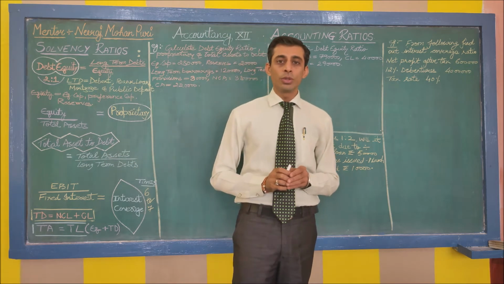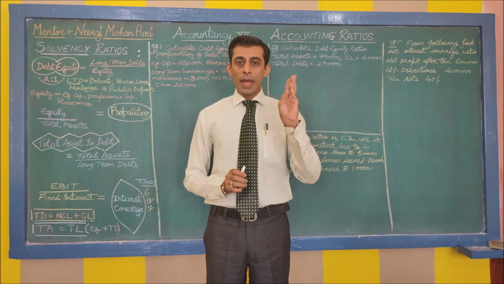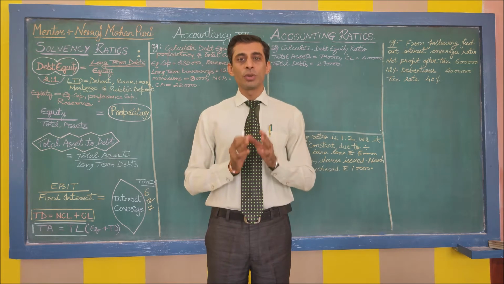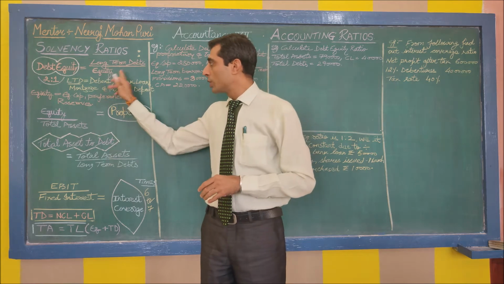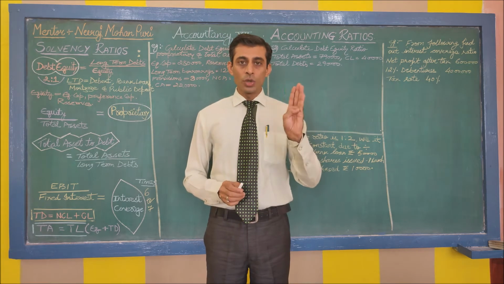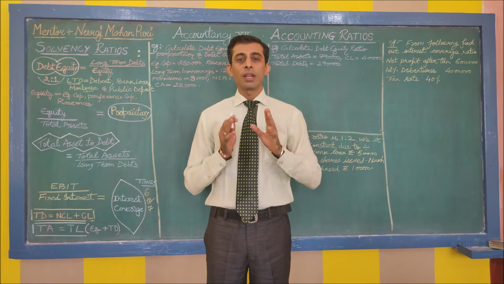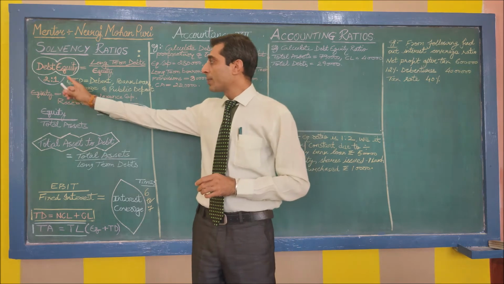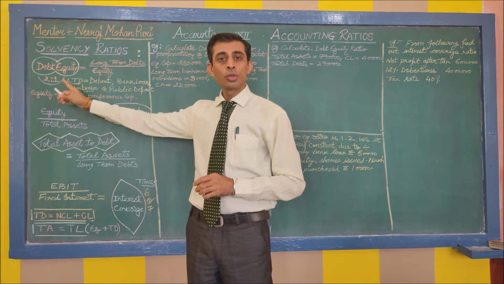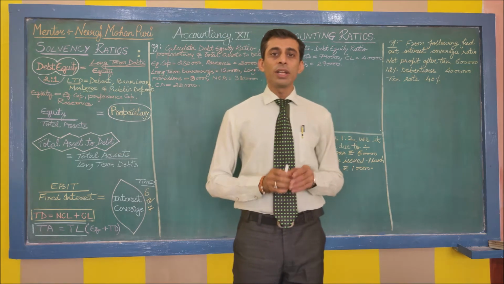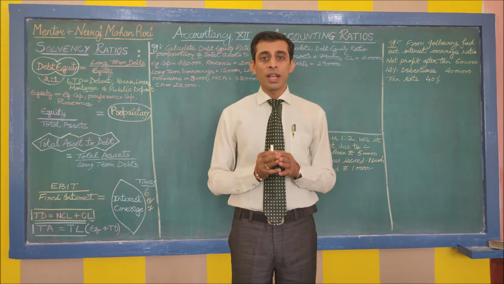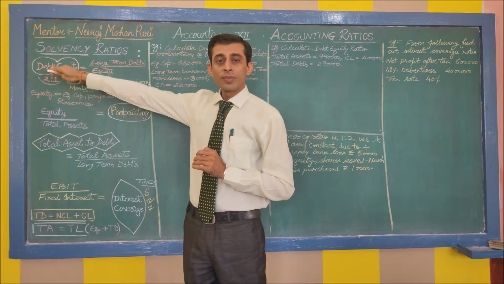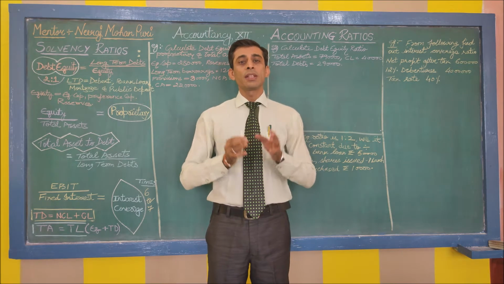Long-term debts include debentures, bank loan, mortgage loan or public deposits, whereas shareholders fund, also known as equity, includes equity capital, preferential capital and all the reserves and surplus. The ideally accepted ratio for debt equity is 2:1. The significance of calculating debt equity ratio is to understand how many long-term debts are supported by the owner's